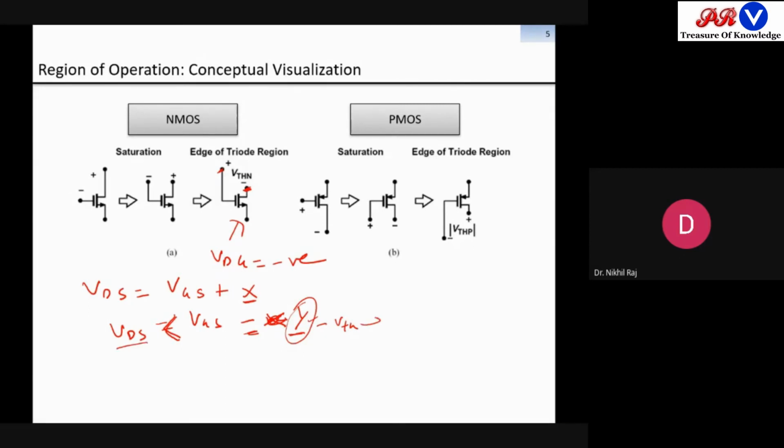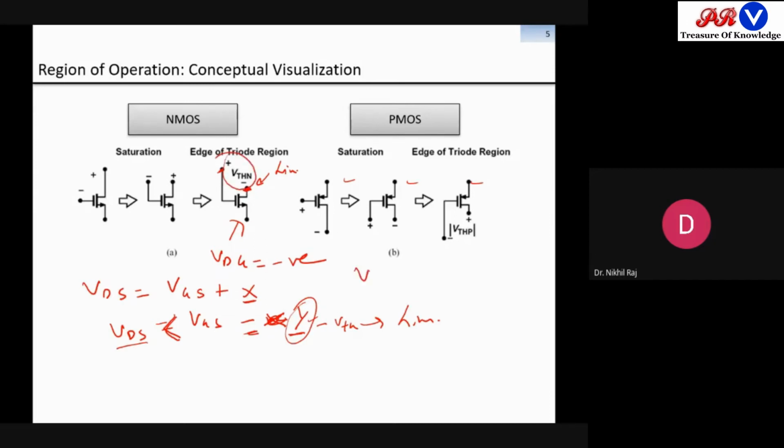So what this region shows, this shows it is a linear region. So I will say this is a linear region of MOSFET. So this way we identify what are the regions of the MOSFET. Similarly it is done for the PMOS case. And here if you see, this VDG is replaced by the symbol of VTH.